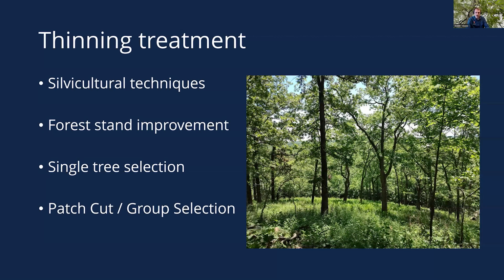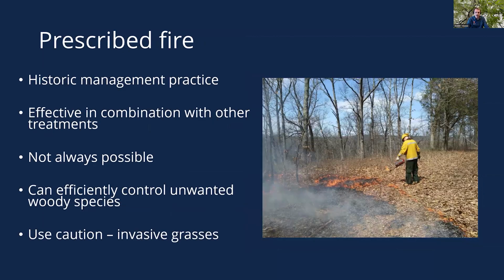That's removing single trees to give the other trees more space. Or we might do something like a patch cut, which we use in certain areas to open up a very specific area of a patch and allow more light to that specific area. Again,